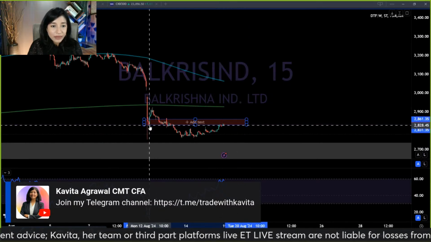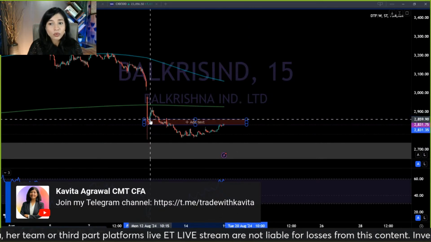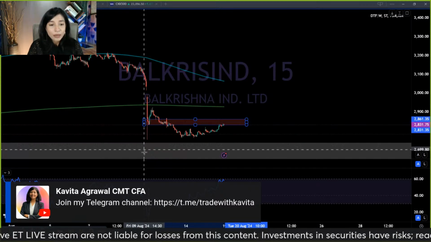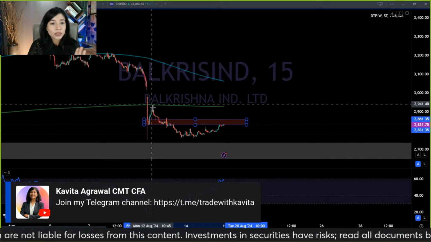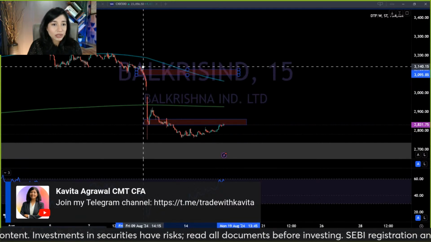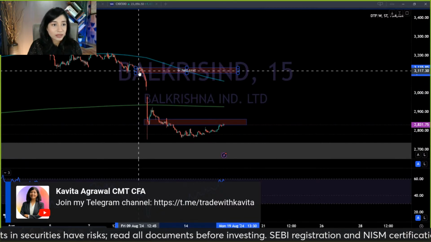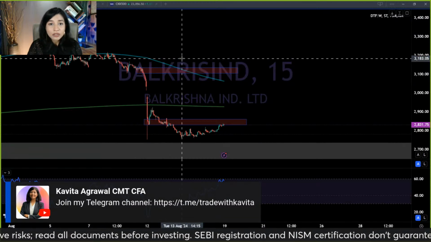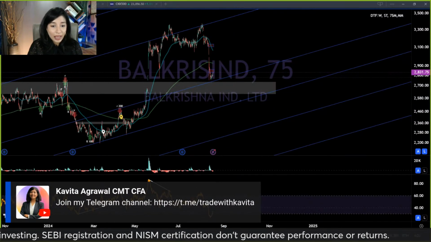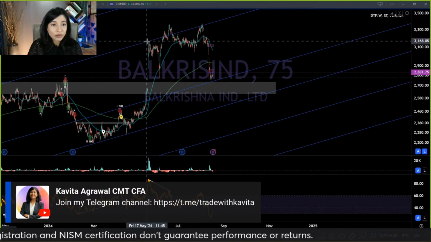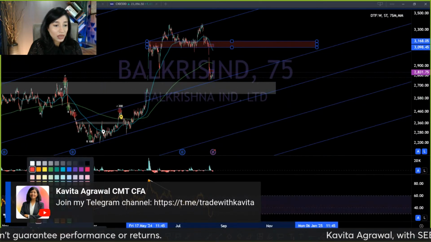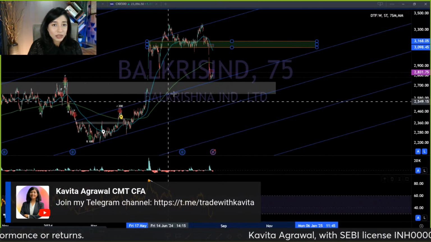So if this level gets breached, right? So this is going to act as a potential resistance for Bal Krishna Industries, because I can see that the momentum has been extremely, extremely negative. If this gets breached, then we might expect another resistance around this level. So the 15-minute time frame is actually looking very, very weak, and the 75-minute time frame is also suggesting that sure, there was a strong rally, but the rally has been long gone since